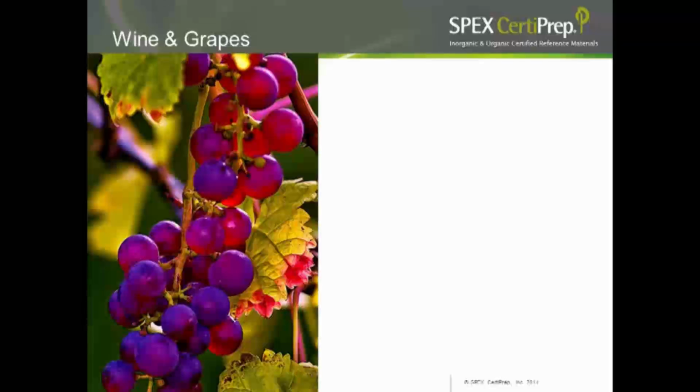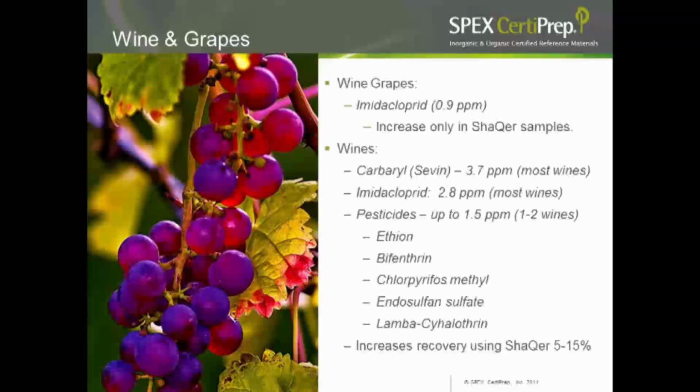We really believed it was liquid. The hand shaking versus mechanical shaking would not really make a big difference, but that actually was not the case. We did find a higher recovery in our wines, up to about 15%, by actually using an automated process of shaking. If we look at the wine and the wine grapes, you can see that the imidacloprid